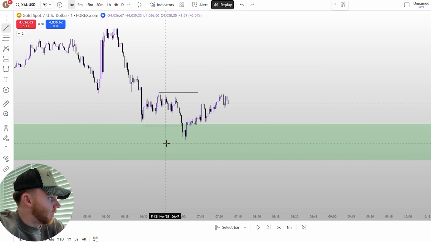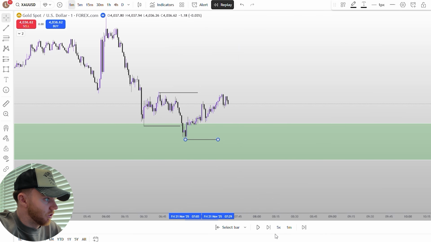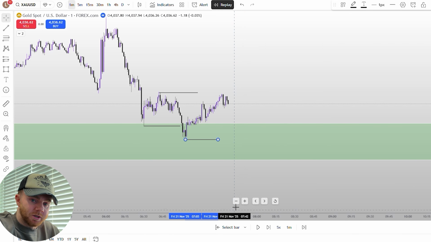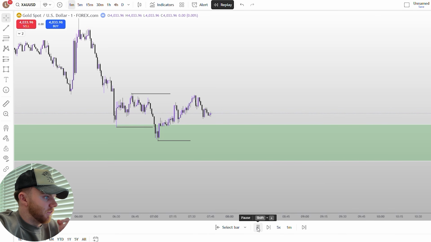So what I'll be looking for and what I'll mark up now is I will know there is sell side here, and obviously all this generated sell side liquidity here as well to bear in mind, because if we sweep this, that could be our final manipulation leg where I would then look to take my trade off that. So we'll keep playing this out,